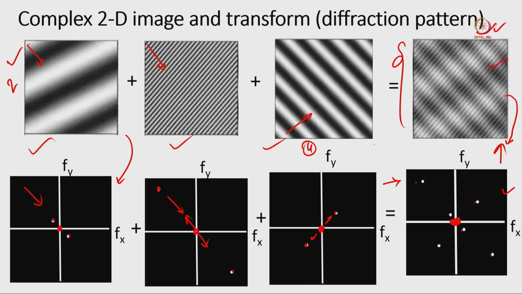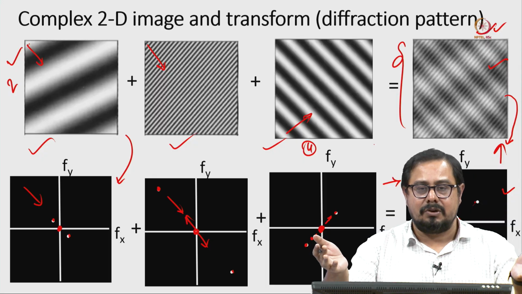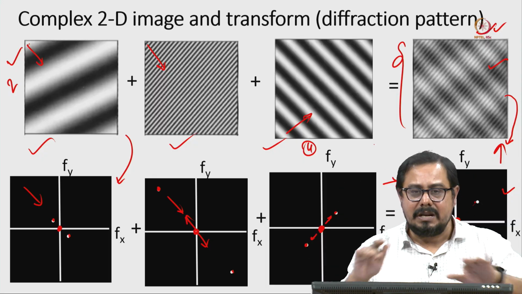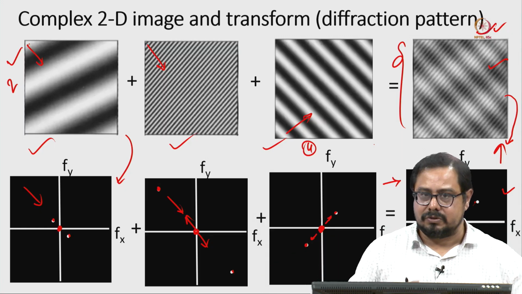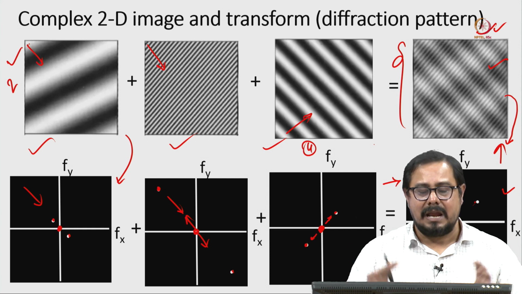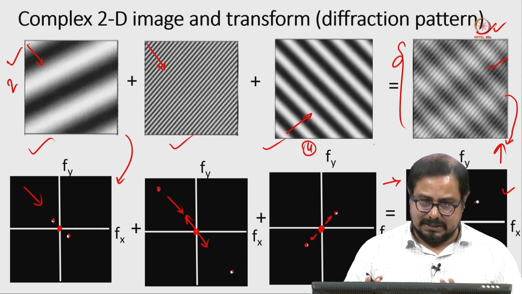So, they are all interconnected with each other. It is the same image we are representing as the diffraction pattern, or the diffraction pattern we are converting to the image, and that image or diffraction pattern we can explain using the sine and cosine curves. That is the reason those things are interconnected, and we have to know how they are interconnected with each other.